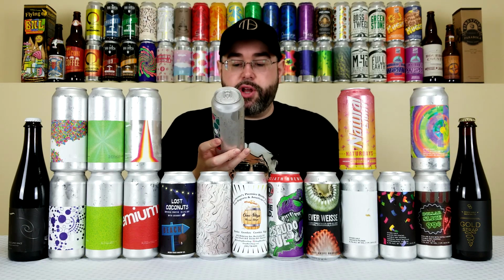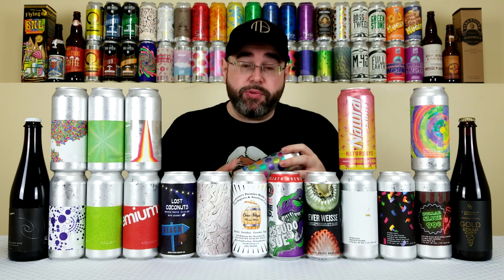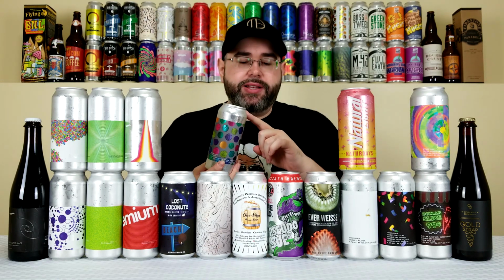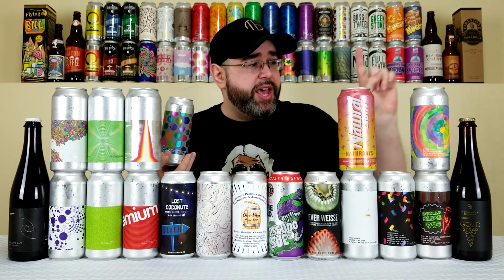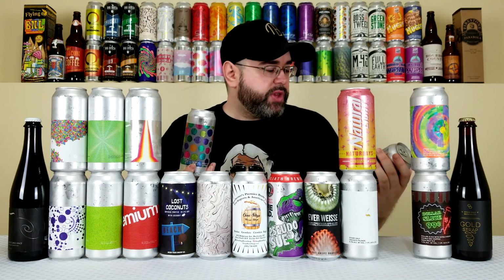The next one here is their double dry hopped Cabbage. This is an Imperial IPA, 7.9%. Never had this one. Let me take that back. I've had this at the Well and Piss Up, which was the bottle share the night before the Albino Rhino Beer Fest. I actually had the Triple Mosaic, this beer, and this one right here, which is the Stacks on